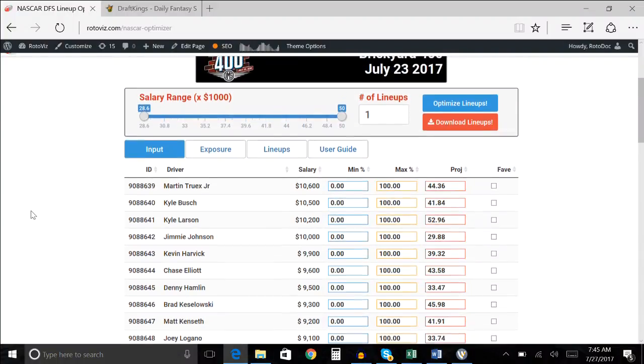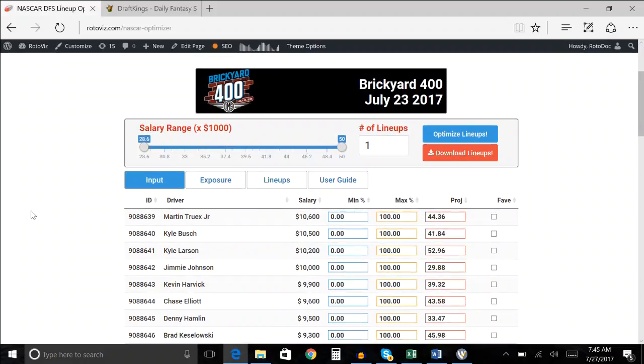I'm going to show you how to use the RotoViz NASCAR optimizer. You can find it, of course,